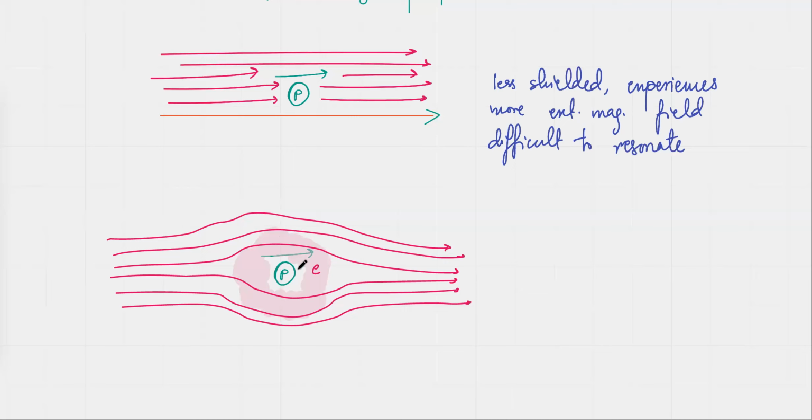That means the proton is not actually experiencing a lot of magnetic field, because the electron around it is kind of shielding the proton. So this one is more shielded. And all your external magnetic fields